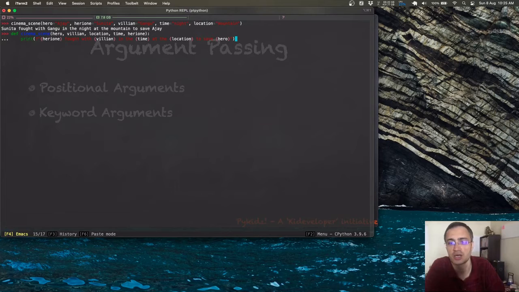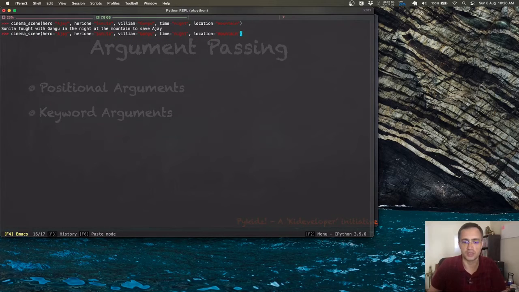So we are changing order all over the place, but it doesn't matter. It works perfectly, right? Even though I have completely changed the order, since the keywords match, Python works correctly and everything works fine. Let us say I just remove the keywords.